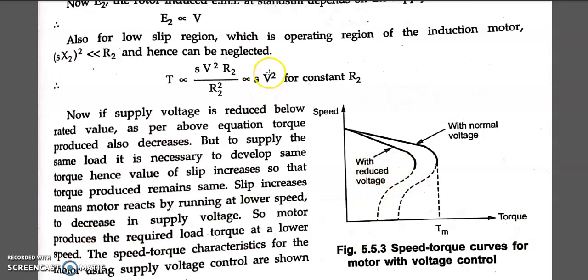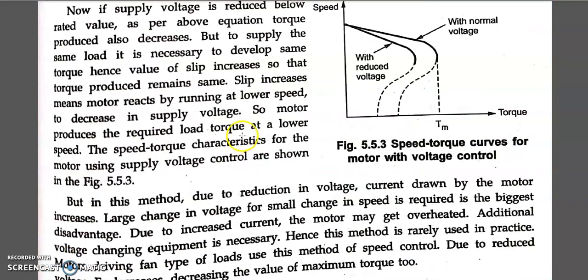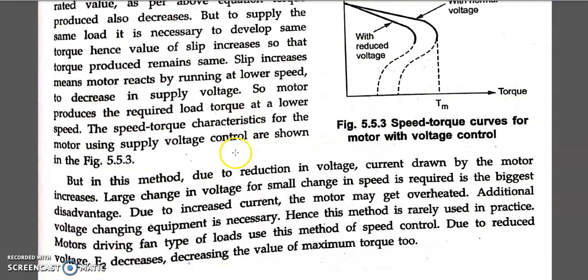Again I tell you, if I reduce V here, the torque will also reduce. So in order to fulfill the constant load, the torque will again increase. How will it increase? It draws more and more current from the input. If the torque increases by increasing the current, the slip will also increase, and the speed will decrease. Here the motor may get heated more and more. Why? Because it draws more and more current, and the performance as well as the efficiency of this method will be severely affected.